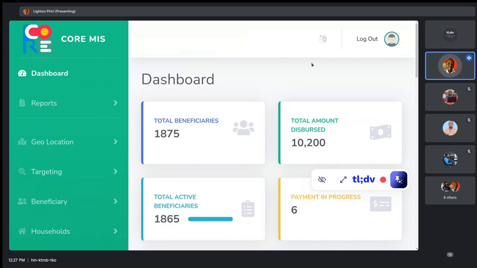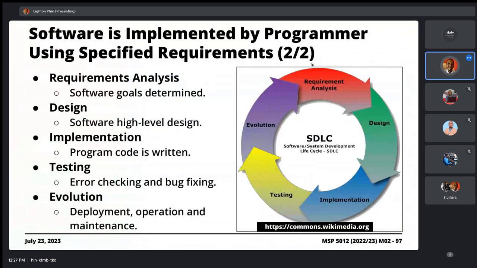There's different types of testing, but what's important is you sit down with the end users and you conduct what's called user acceptance testing. So against all those requirements that were specified by the users, you go through a systematic process of confirming that the system actually does what the users would expect it to do.